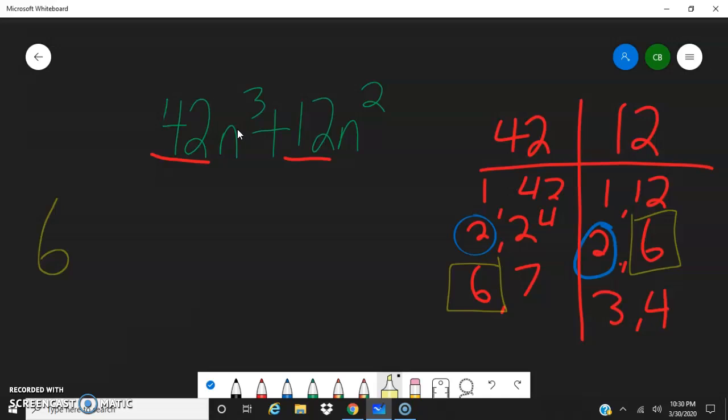Now just by looking at these here, the n cubed and the n squared, right there and right there. I'm looking for the lowest exponent of n that I could pull out. In this case, it's going to be this one here. This n squared is the lowest value of n that I could pull out. So n squared is also something I can pull out. Alright, so my GCF of this expression